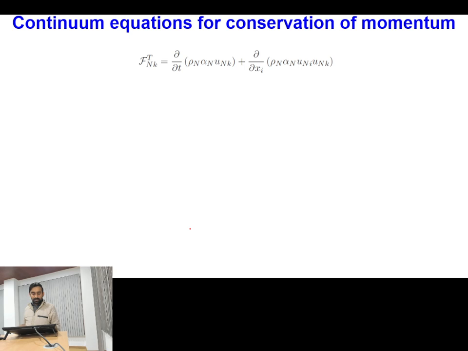Now comes another important equation, which is even more complicated than the continuity equation. What is that equation? Momentum equation. Before going through this equation, first you have to tell me about the momentum equation for a single phase situation. Can you tell me how the momentum equation for a single phase situation looks like? Transient term. Let me write del by del T of rho into V vector, if I write in the vector notation, plus